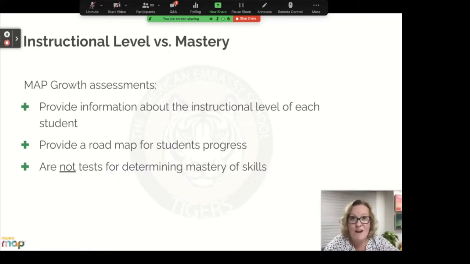So this is summarizing what I want to make sure you know about what MAP assessment is. What we've talked about as teachers and what we're going to be talking to the students about here at AAS. It provides information about the instructional level for each and every student, that ready for instruction today level, if you will. It gives us a roadmap for student progress. What are they ready for today and what's next? But most importantly, it is not a test for determining mastery of skills. It is not a high stakes achievement test for us. It is a growth tool. And we need for you to be our partner in sending that message to the students